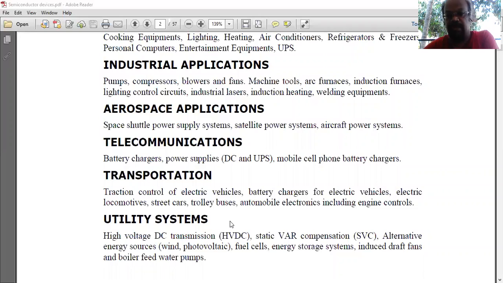Of course, VAR compensation, in the sense of when there is a poor power factor. So of course we have to compensate the VARs. That is nothing but whatever may be the power factor.